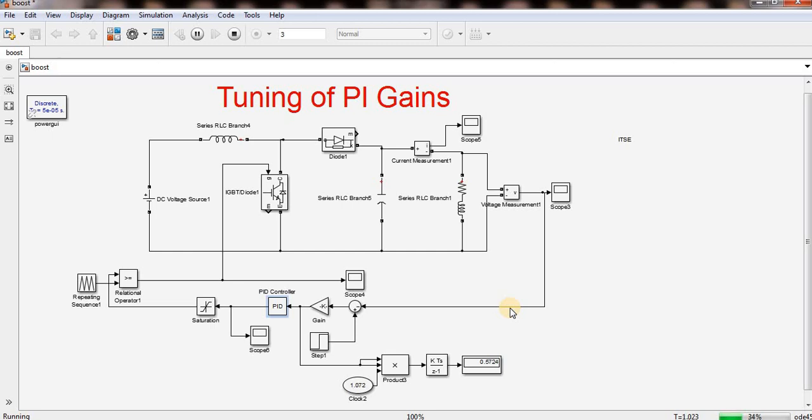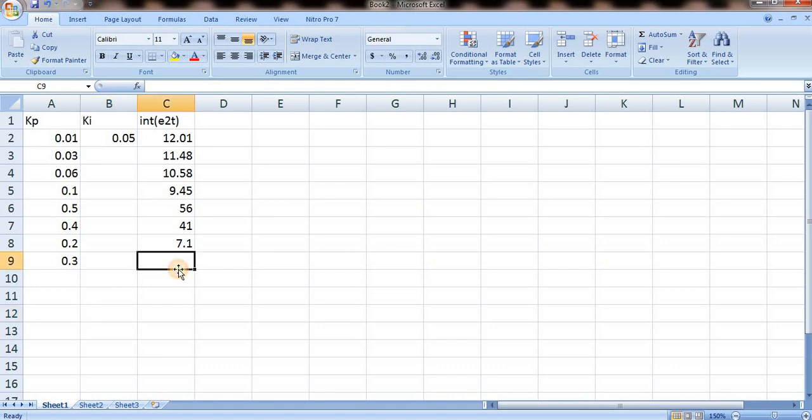So with 0.3, how much value am I getting? See, I am getting more than 30, more than 23. So 0.3 is 23. So that means maybe my best value is in between 0.1 to 0.2, or maybe 0.2 to 0.3. So for this I will make 0.15, and another one is 0.25.